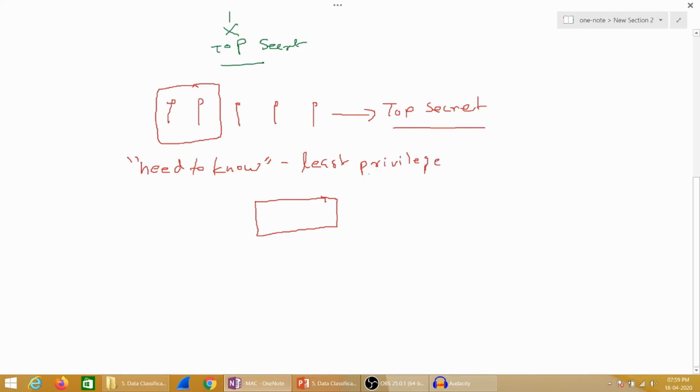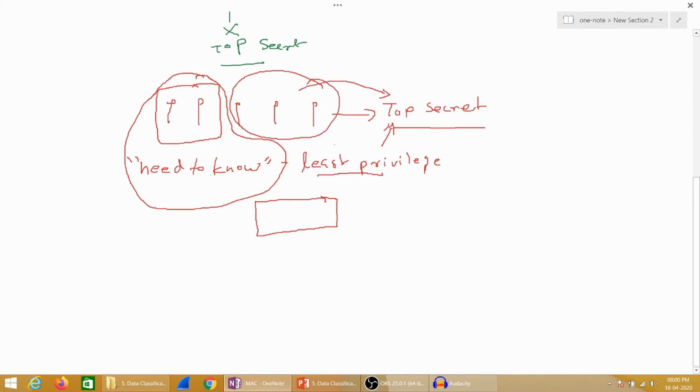Now, the clearance given to the officers is top secret, but only that is not enough. Only these two officers have the need to know. Though all the officers have the top secret clearance, they lack need to know. Hence, only these two will be able to see the files or handle the details.